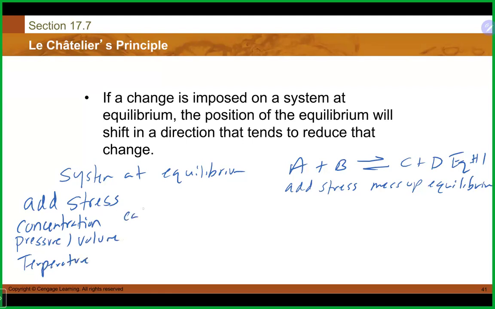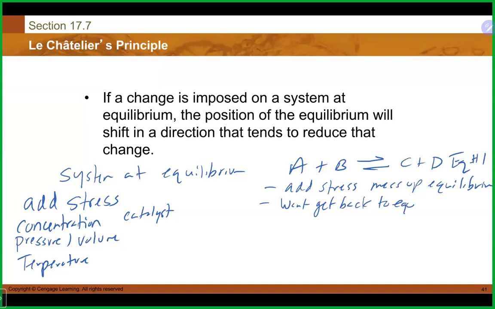You could do something with, like, a catalyst. So you do something to this reaction that frankly stresses it out. And what that's going to do is cause the equilibrium to no longer be. You're no longer going forward direction, reverse direction equal to each other. And it will cause this equilibrium to basically get messed up and want to get back to equilibrium. So this will cause the stress, so it'll mess up the equilibrium. It will want to get back